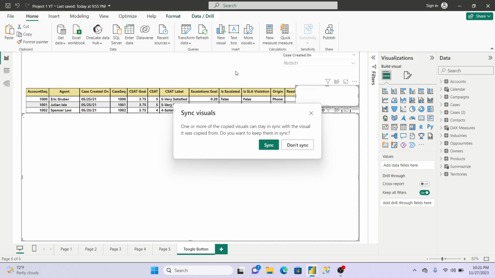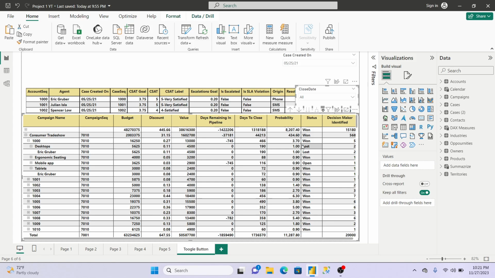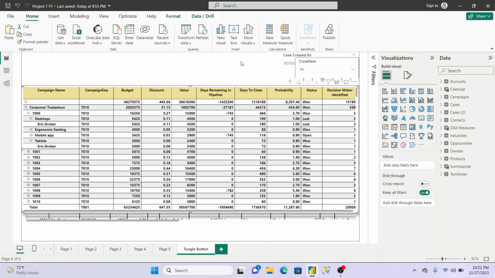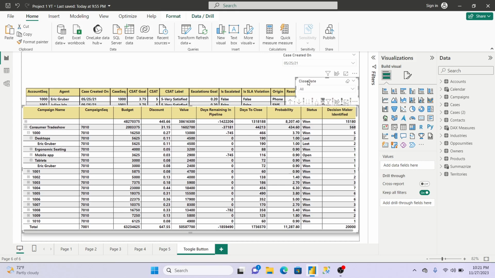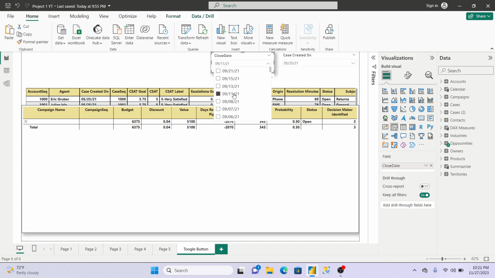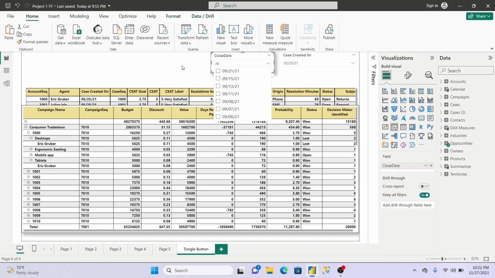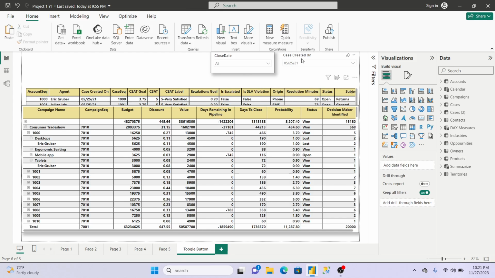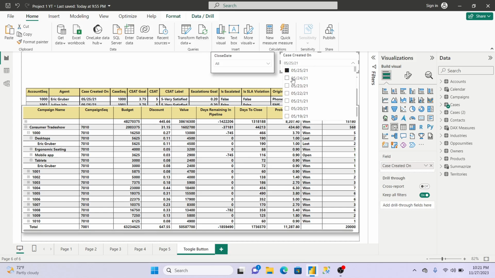I have copied both visuals along with both specific slicers. This close date slicer is for our second table. You can see changes are happening in the second table, and now in the first table the changes are happening here. See, this first table is filtering out.